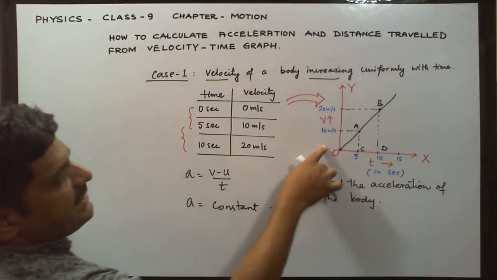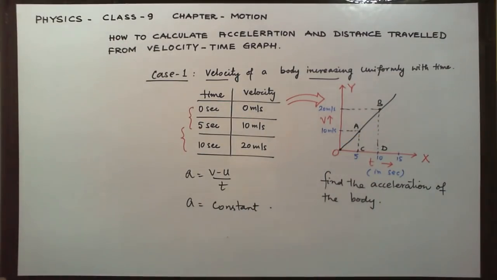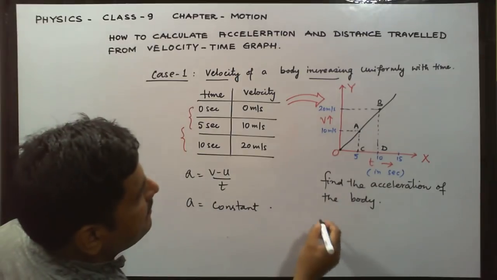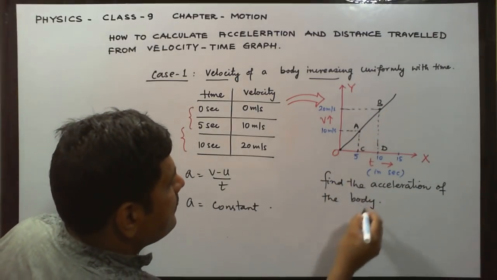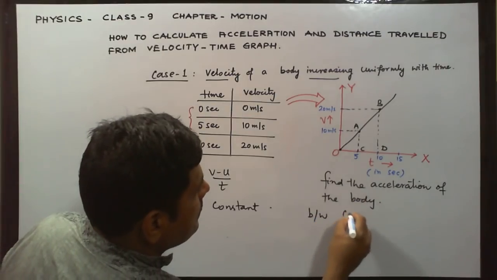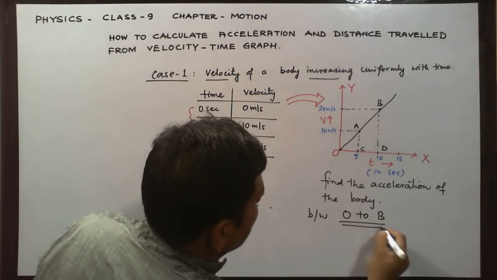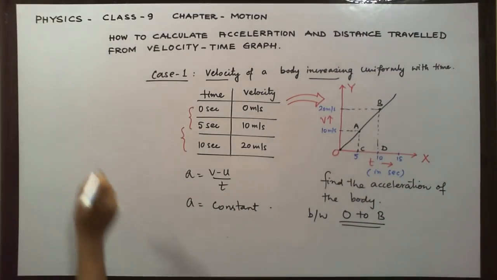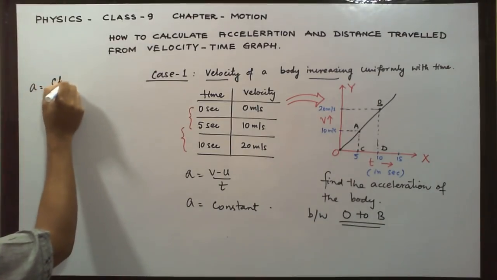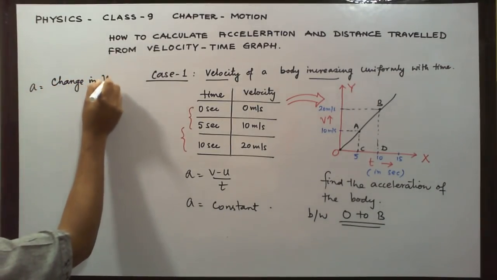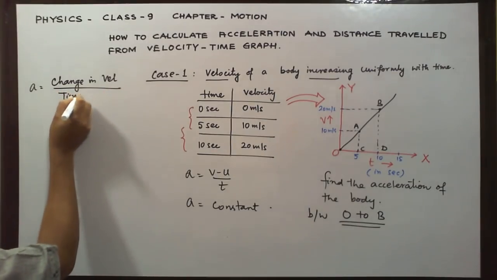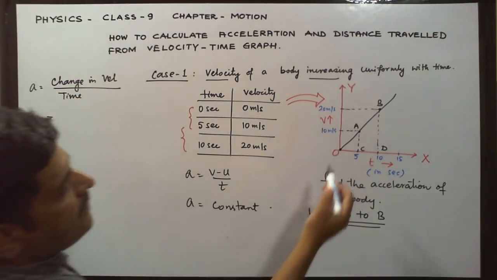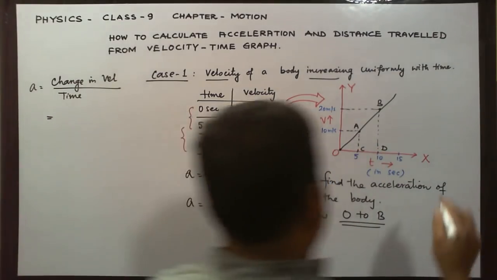So I need to find the acceleration from this particular graph. We have marked point A and point B, and then we have point C and point D. So let us find the acceleration between O and B. How do we find the acceleration between O and B? Now from O, what is the change in velocity? We need to find out. a is equal to change in velocity divided by time taken. And what is the change in velocity if you look at the graph between O and B?